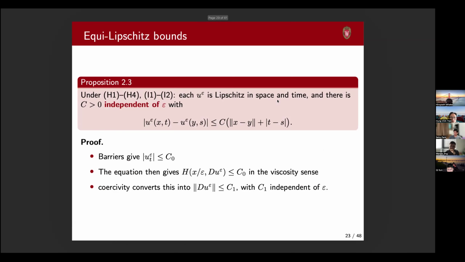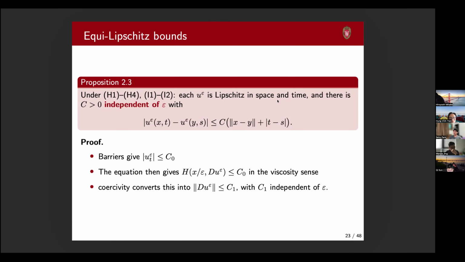Okay, so the importance of this Perron method is, of course, it gives the existence of U of epsilon, and also it gives the Lipschitz regularity of U of epsilon. So U of epsilon is actually Lipschitz in space and time, and that Lipschitz constant is independent of epsilon. So to show this, first,